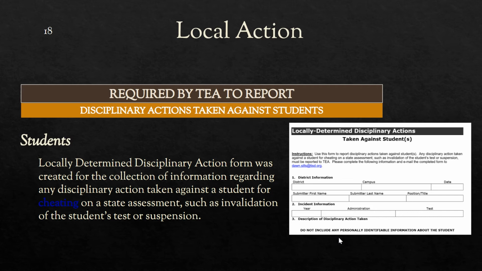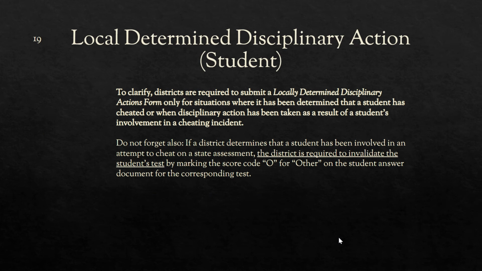Sometimes kids might be caught cheating, and if so, there is a locally determined disciplinary action form. If this does occur, again, there will be an investigation by the CTC. So if it is something that you hear, that kids were talking about, which is crazy because they don't have the same forms, but if they were looking at each other's test and trying to help each other out, obviously if they didn't have the same forms, they would not be giving correct answers. But again, that would be denoted as cheating. So we want to make sure that we do report that to the CTC, and the CTC will do an investigation. If it is determined that the student did cheat, then unfortunately their test will be scored O for other,